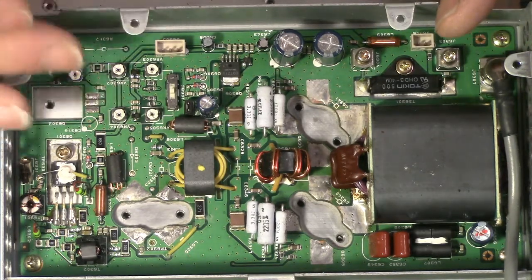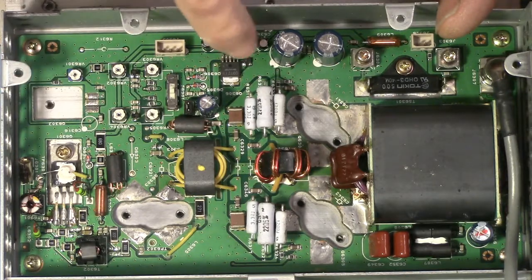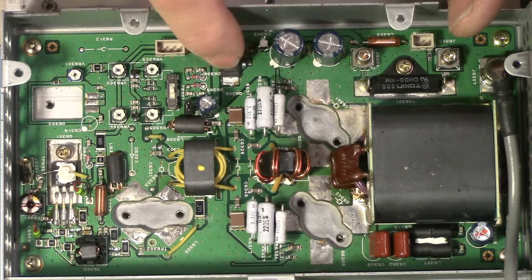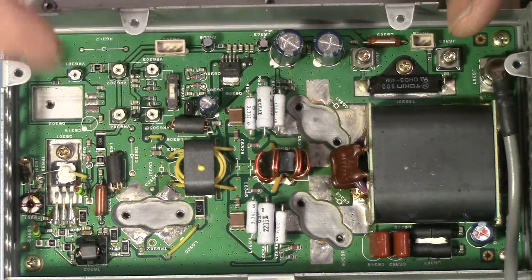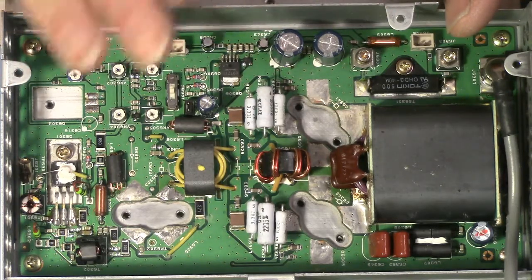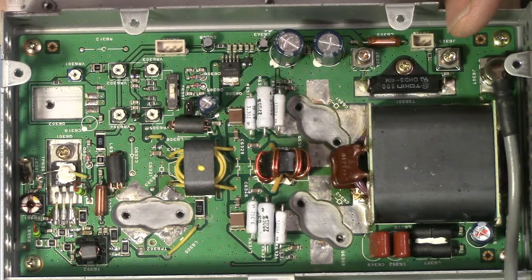I want to actually test this regulator. Remember from the schematic, we came in at 13 volts, went to the regulator, and fed all the bias circuitry. And I want to test all of that. I want to know that the actual bias voltage is correct. There's no bad diodes, no open reference devices, anything like that. So we're going to take our